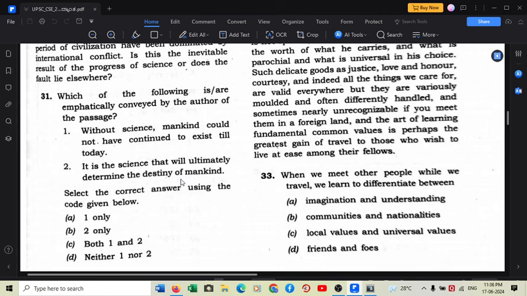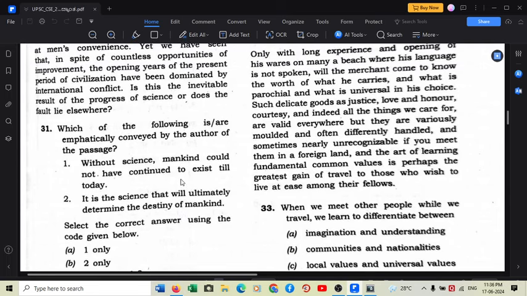Imagination and understanding, option A. Communities and nationalities, option B. Local values and universal values, option C. And friends and foods. Okay, so you see from the passage, in the middle of the passage: such delicate goods as justice, love and honor, courtesy, and indeed all the things we care for are valid everywhere, but they are variously molded and often differently handled, and sometimes nearly unrecognizable if you meet them in